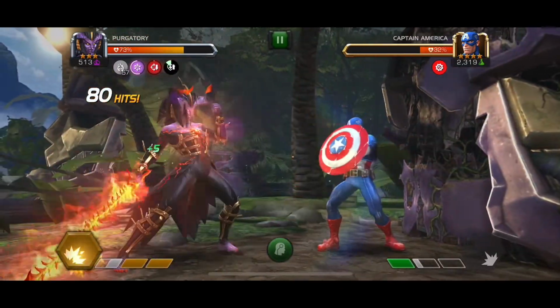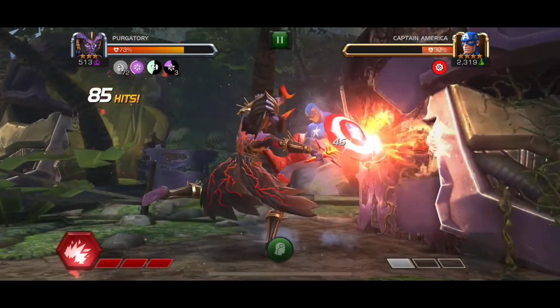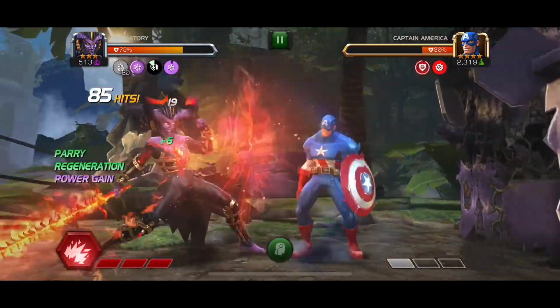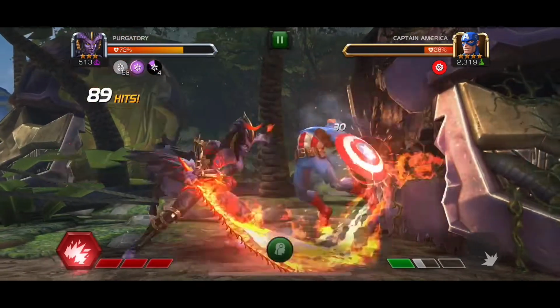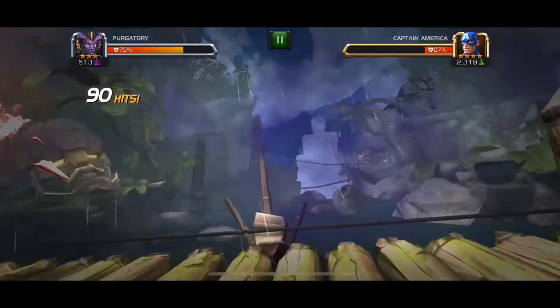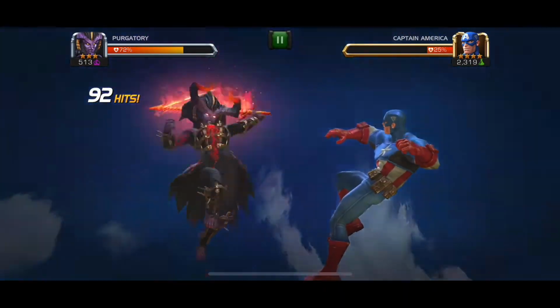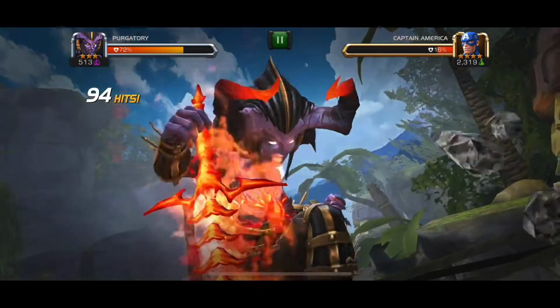This is a slower run for the unupgraded 3-star challenge, but that is only because we keep on throwing SP3 after SP3 after SP3. I don't think it has anything to do with the damage output. She is a very, very nice damage, and